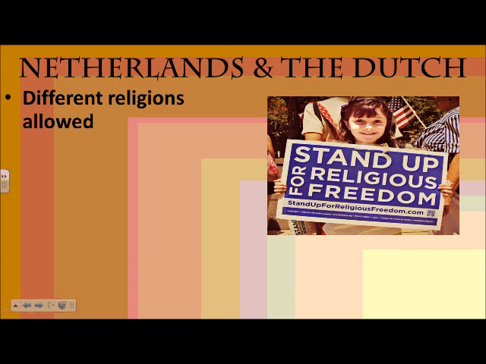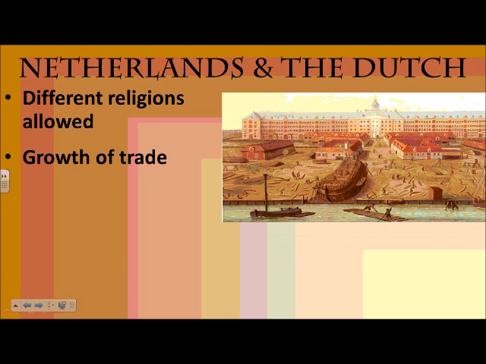Same with Jews. Jews were being discriminated against across Europe. The Dutch invite the Jews to come. They still want them to sort of live in separate communities, but they welcome them there for a number of reasons, because they want religious freedom, but also the Jews have this reputation as being the moneylenders, as being good at business. That's going to help the economy of a brand new country. So the Netherlands needs to find ways to grow their economy. They had been largely a fishing-based economy, but now they are interested in discovering parts of the New World or going to other distant locations, which means they need new ships.